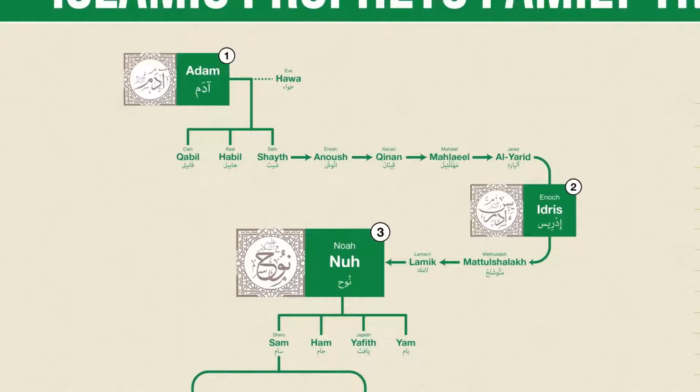So the first thing you'll notice about the Islamic version of the family tree is that it does not include any images of the various people on it. Most people are familiar with the fact that Muslims consider it offensive to draw or make any lifelike depiction of the Prophet Muhammad. Well, generally speaking, this rule applies to all of the Islamic prophets, not just to Muhammad. So that's why I've chosen to use icons made out of calligraphy instead.